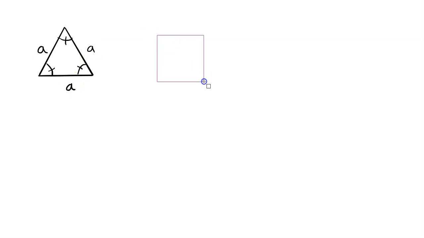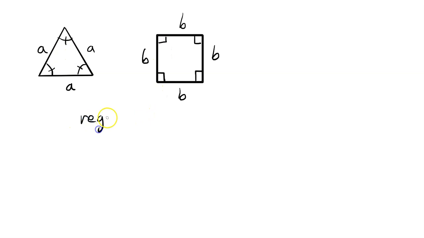Or for example, if you have a quadrilateral and all the sides, all the edges are equally long, same size, and then all the angles here are 90 degrees, they're all the same, then it follows that they are 90 degrees. These are examples of regular polygons. So if they have the same edge length and same angles, they're called regular polygons. If they do not have the same angles and size of the edges, they are just called a polygon.